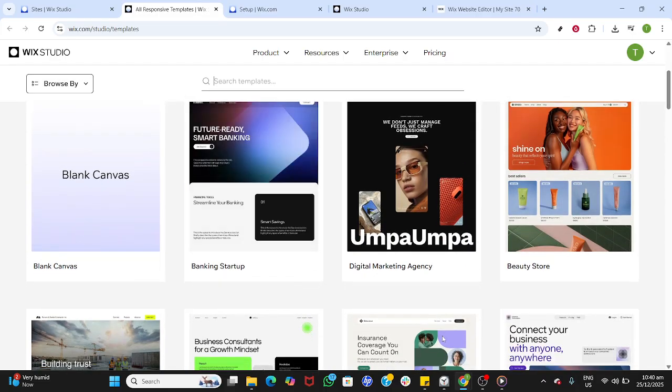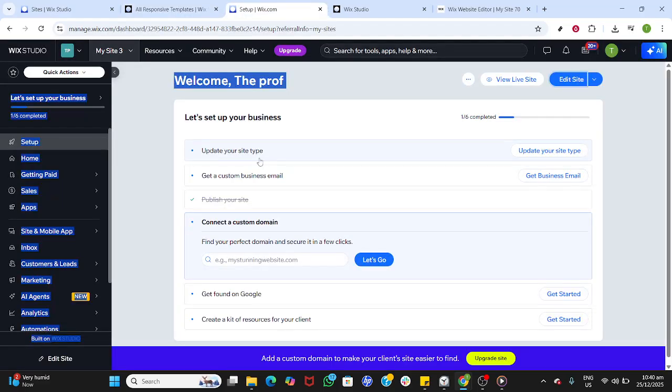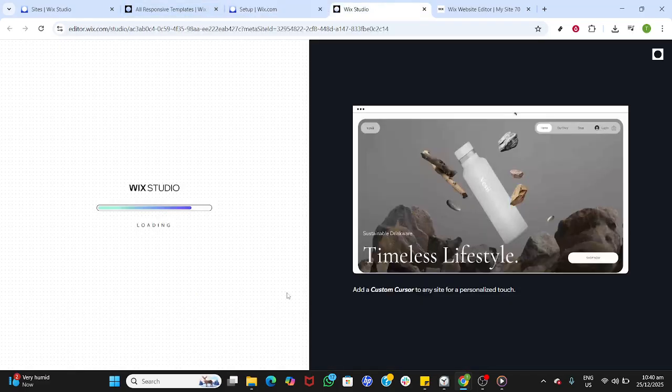These are modern, flexible, and great for professional results. Browse through the highlighted options to find a design that fits your brand or project. Once you've found one you like, select it and jump into Edit. Editing a template is the fastest path to a polished site because the structure is already in place and you're